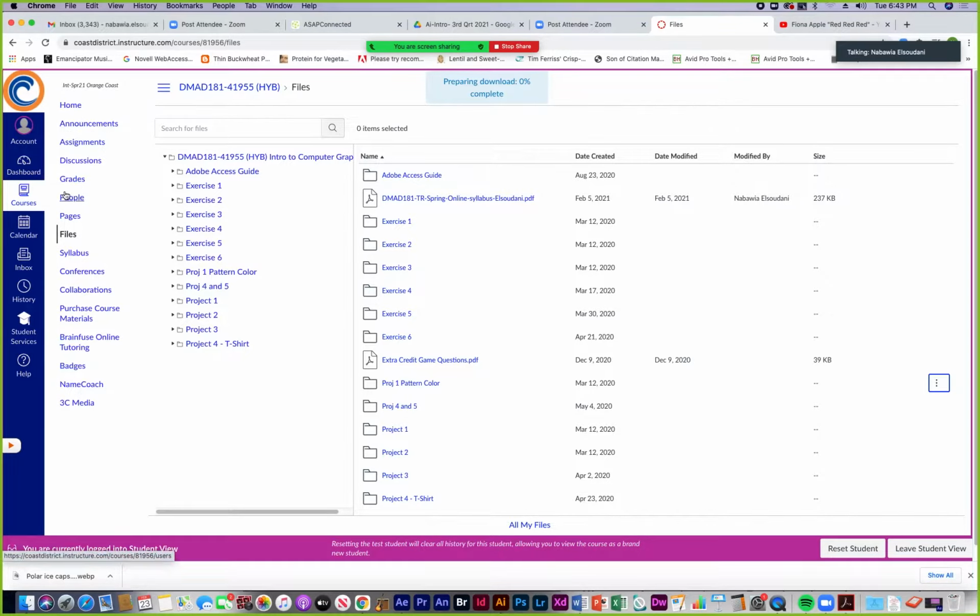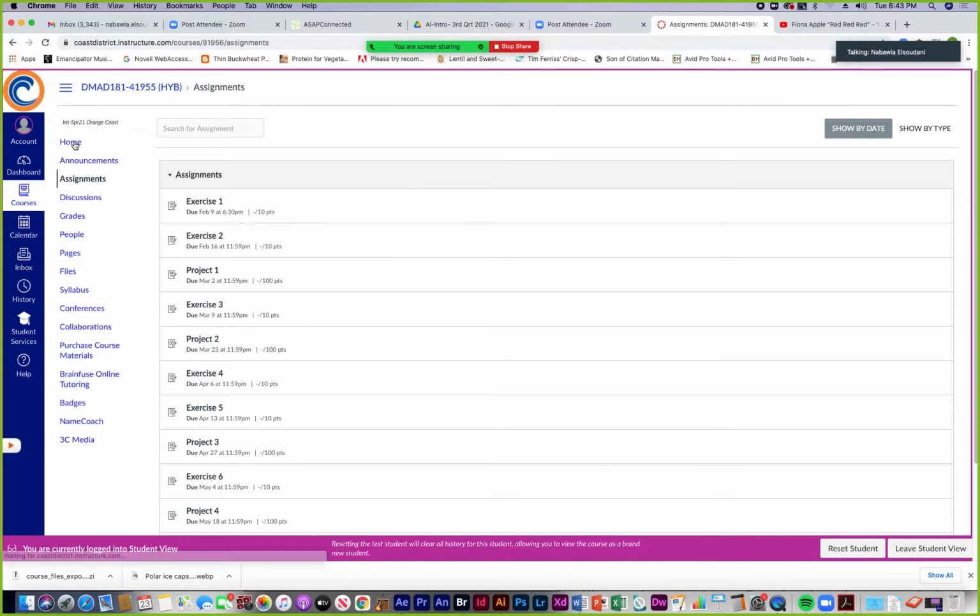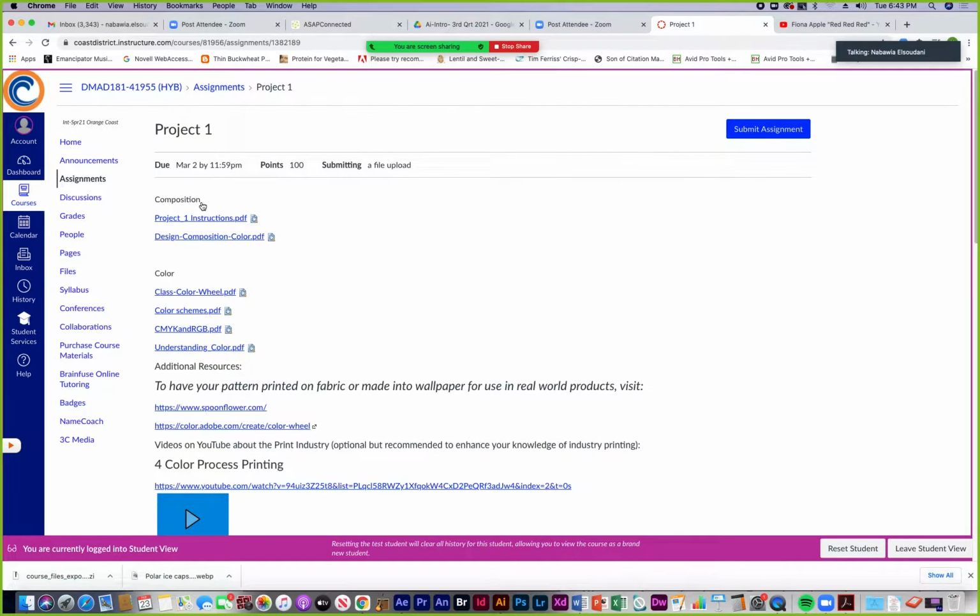And also if you click on, is it downloading? It's preparing to download. There it is. So then it went to my downloads. Also, if you go to the assignment section and you click on the Project 1 assignment, you'll see all kinds of resources. So the handouts that we started talking about last week are here at the top.